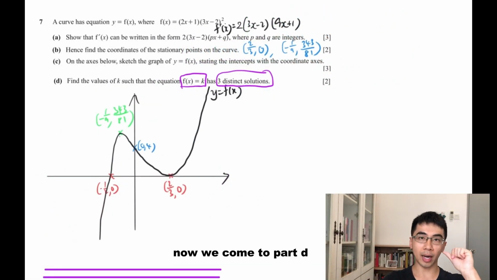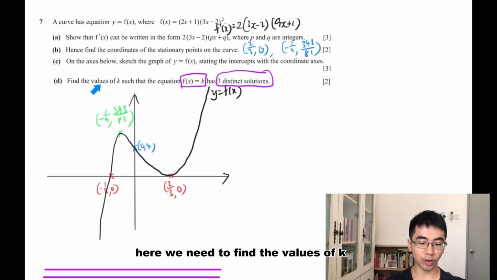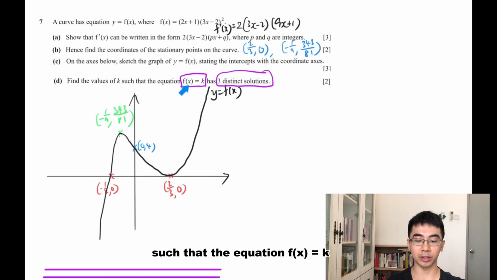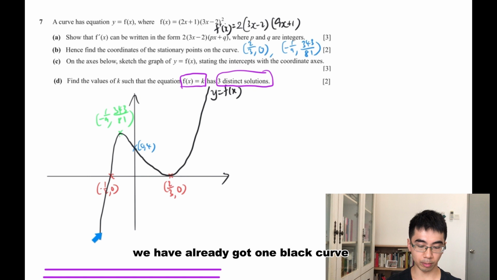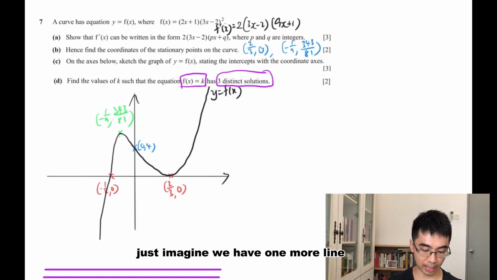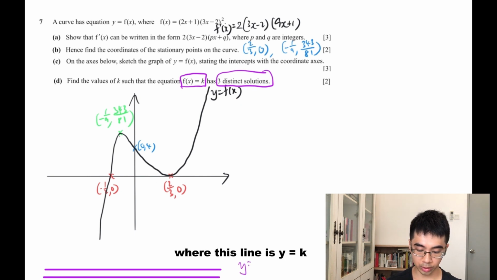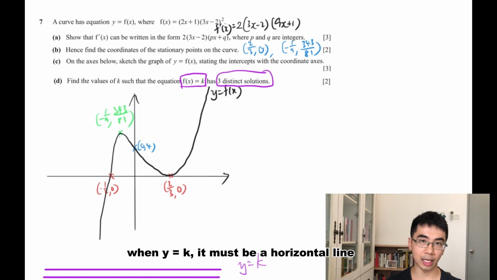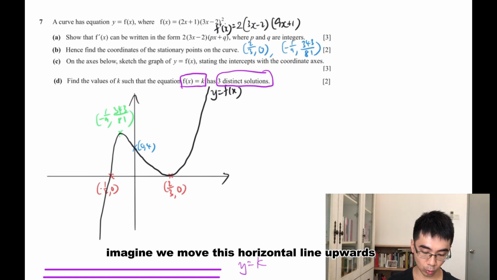So now we come to part D. Alright, here we need to find the values of k, such that the equation f of x is equal to k has 3 distinct solutions. So what does that mean? We have already got one black curve, which is y is equal to f of x. So just imagine we have one more line, where this line is y is equal to k. And y is equal to k, it must be a horizontal line. So imagine this horizontal line, we move it